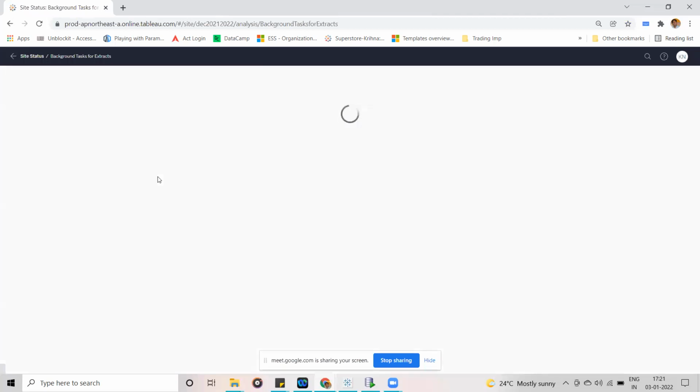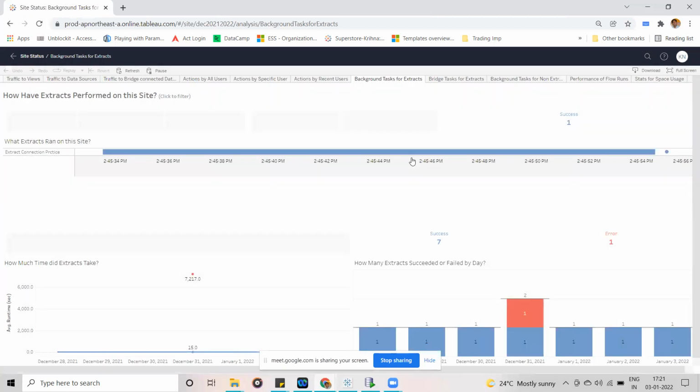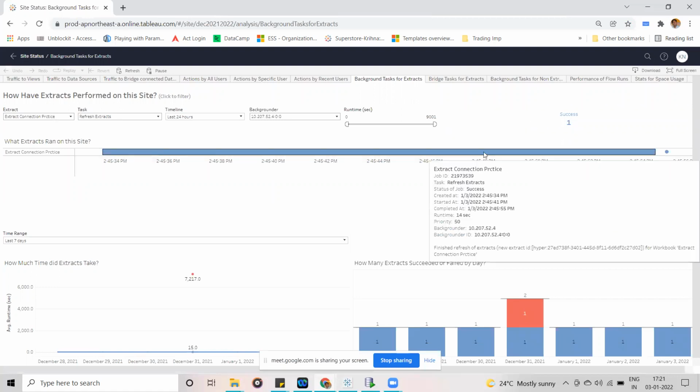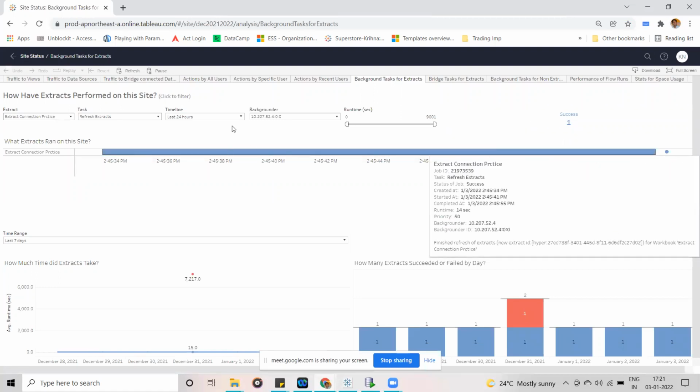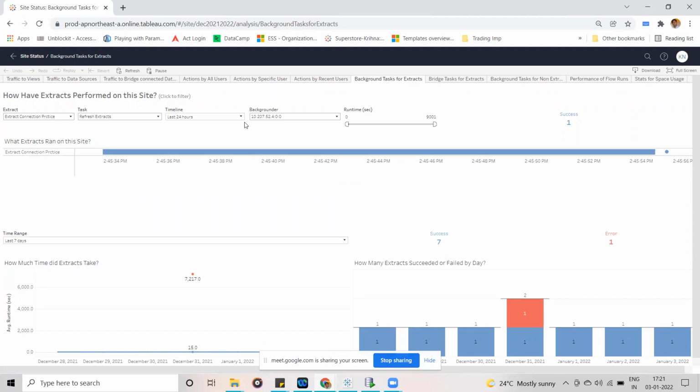Here by default it is going to display the last 24 hours, whatever extracts ran. So it is going to display the status of those. Now you can see the latest one here, last 24 hours.